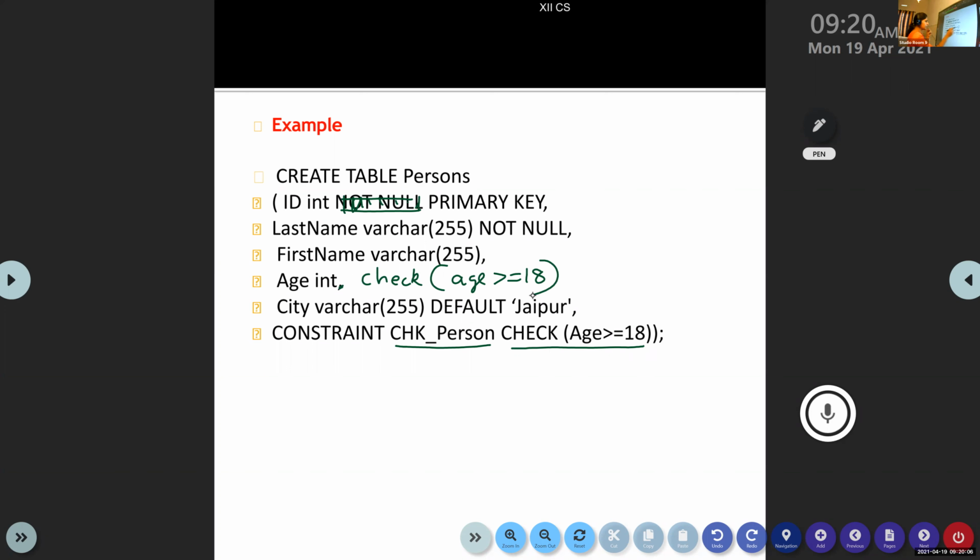That is also correct. But normally this check constraint will be written last. What can be the reason? Who can say, Ashwin? What can be the reason why we have given a constraint name here? For other constraints, we haven't provided any name.